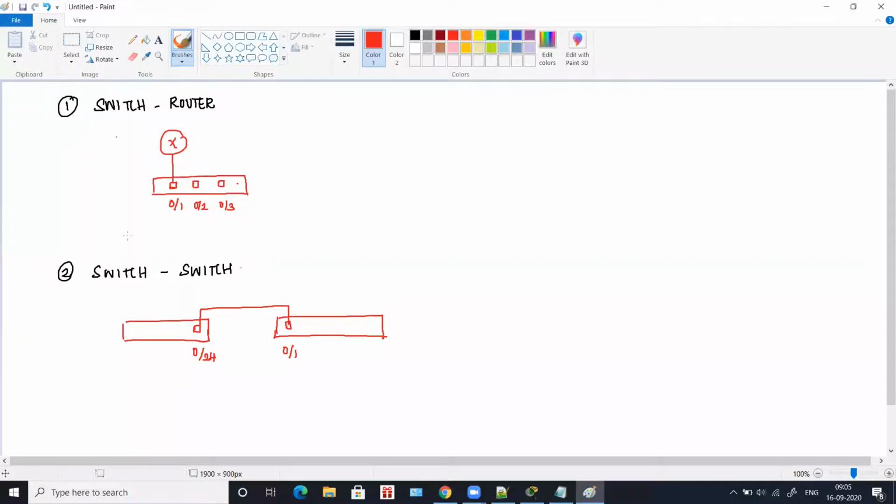Okay, so after switch rules, coming to switch modes. Switch modes are similar to router modes. So in a router, if you remember, we had user mode, privilege mode, and then configuration terminal mode. So we had three modes, and in the same way for a switch there are all these three modes. So the configuration is the same, just like how you do it for routers, the same way you are going to do it for a switch as well.